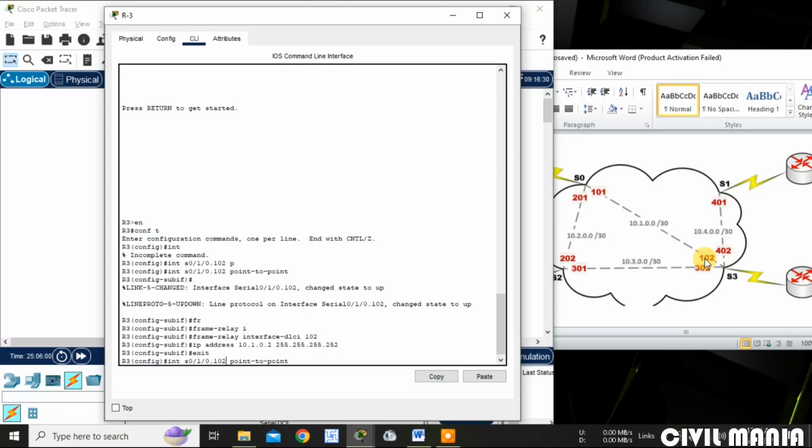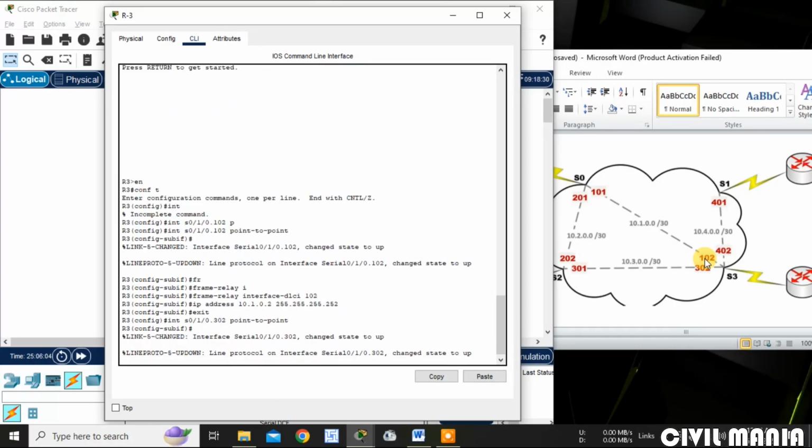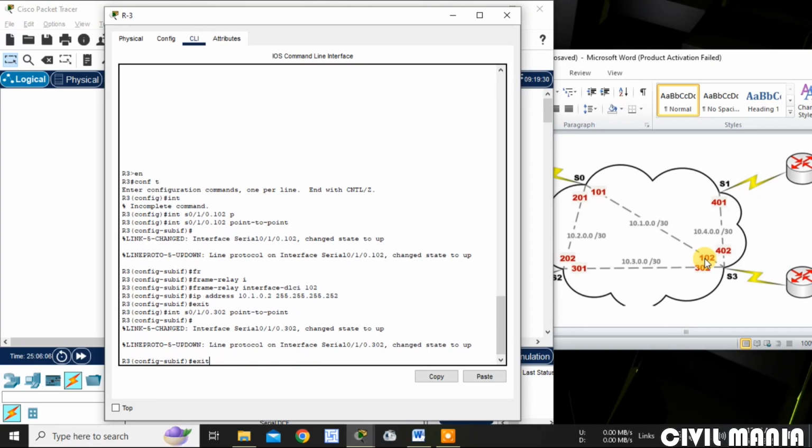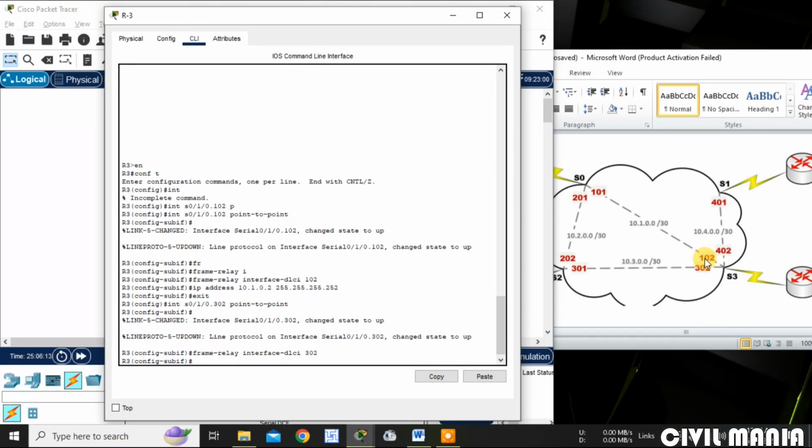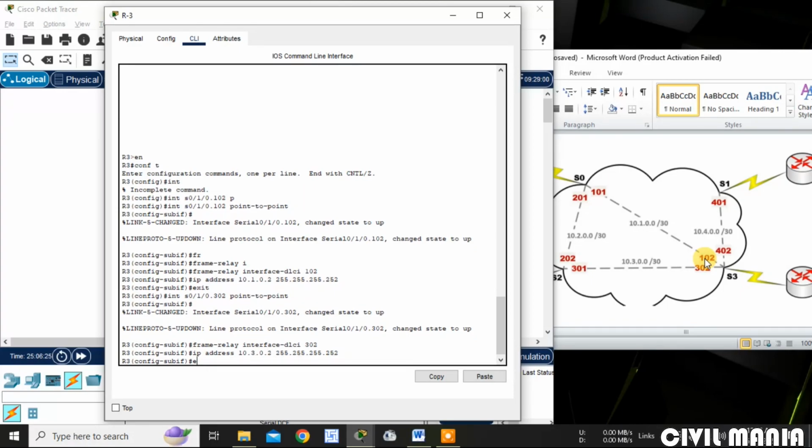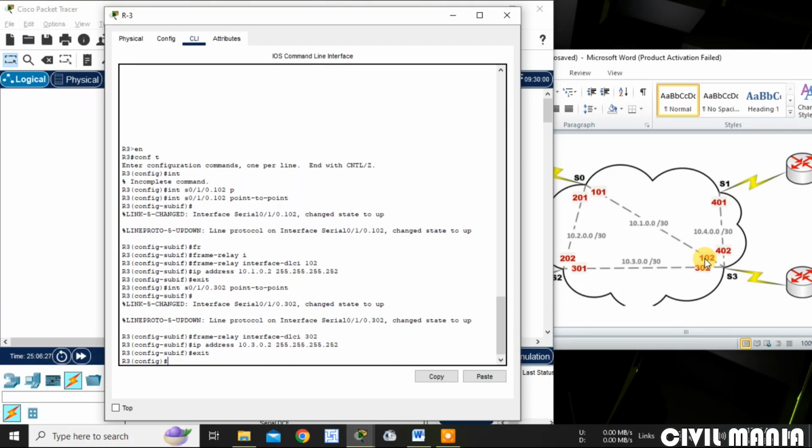Done for 102. Now next, do it for 302. For 302, frame relay 302, and the IP address will be 10.3.0.2, then exit.